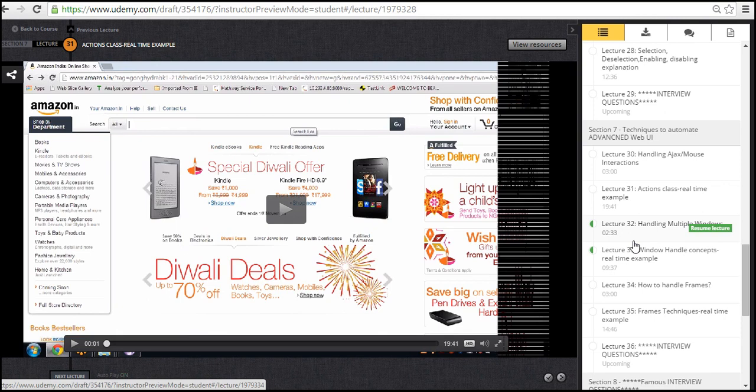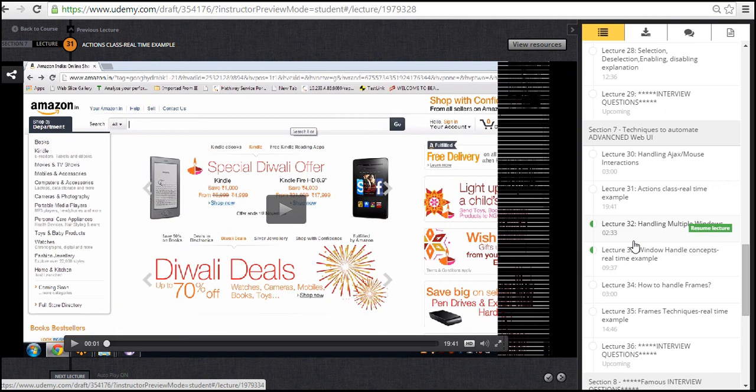So all these mouse interactions you can do with the Actions class. Next, the most famous interview question: how do you handle multiple windows in Selenium WebDriver? By default, WebDriver can understand only the parent browser which it actually invoked when starting the program.